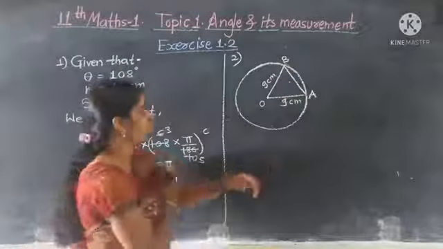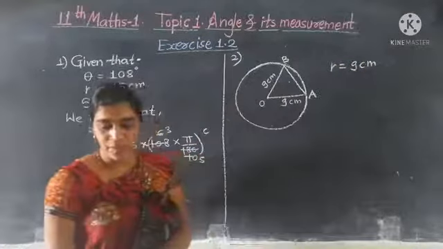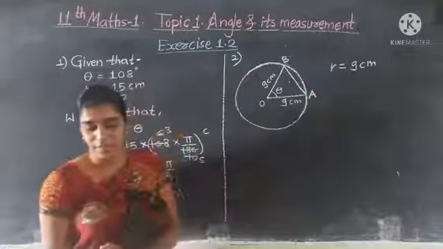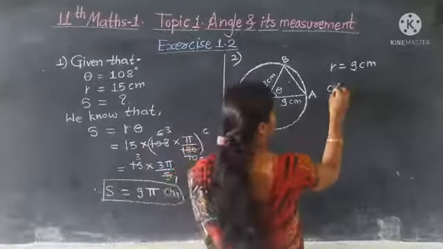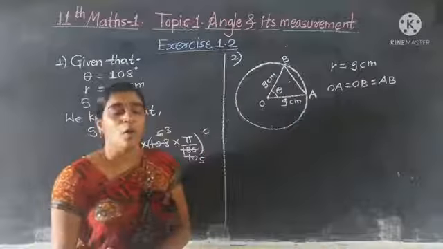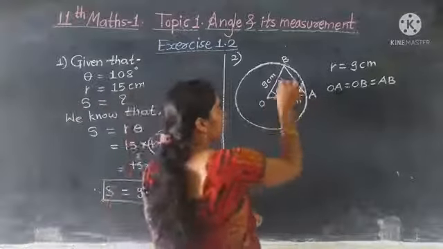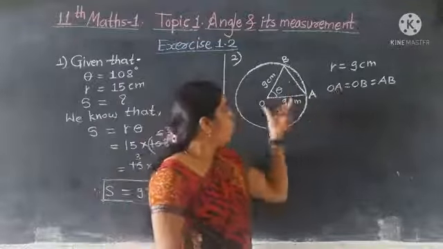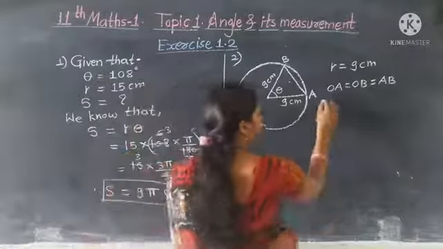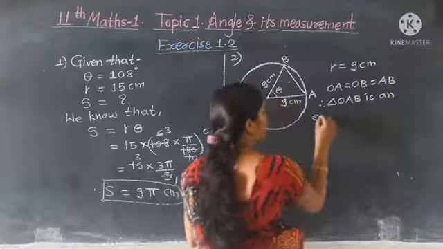Okay, so here in the figure, what are the things given? R is given 9 centimeter. Theta is given? No, we had not given theta. Then which are the things given? OA is equal to OB is equal to AB is given. Chord ची लेंथ कुणा एवढी दिलेली आहे? रेडियस एवढी दिलेली आहे. बघा तिन्ही इक्वल आहेत. आपल्याला तर अँगल दिला नाही, पण ही कंडिशन दिली आहे. OA is equal to OB is equal to AB. All sides are equal, means it is equilateral triangle. Therefore, triangle OAB is an equilateral triangle.